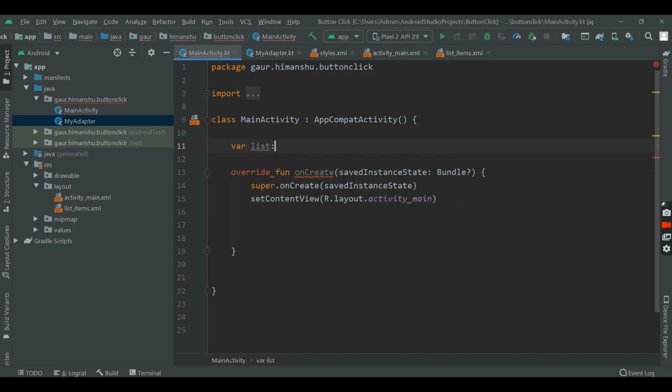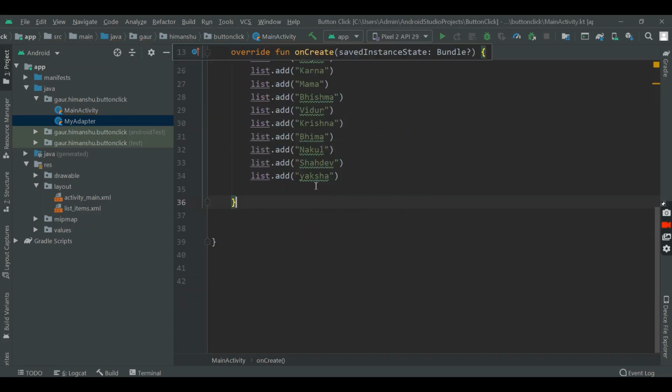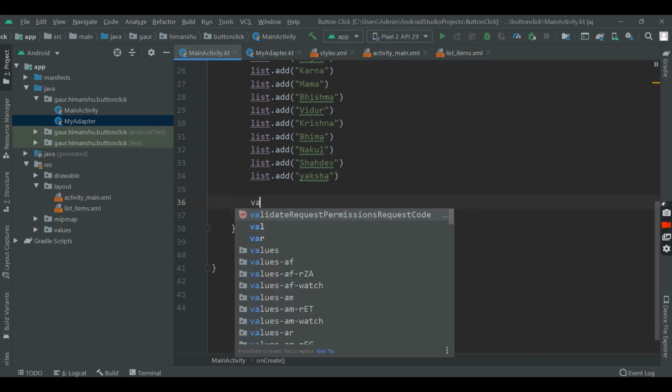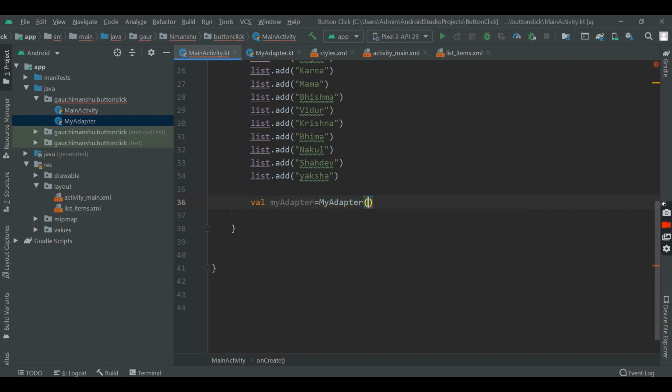In our recycler view, a new mutable list of string. Now this is our item, and secondly we are going to create our adapter, MyAdapter, and pass context and the list which we are going to show in our recycler view.